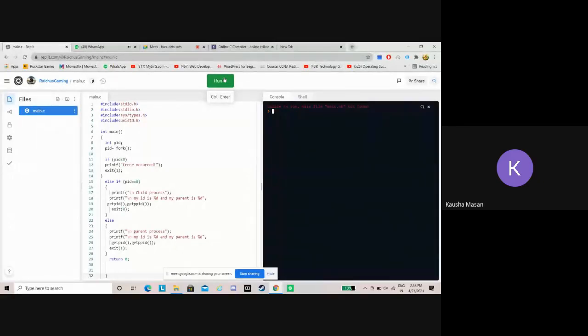Wait. Main.sh. Why is it running your main.sh? This should be a C file, right? And I guess it is a C file.